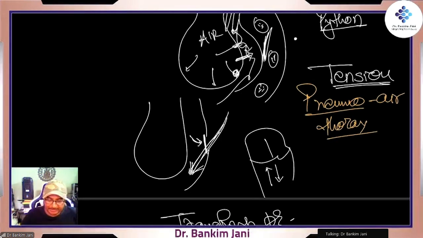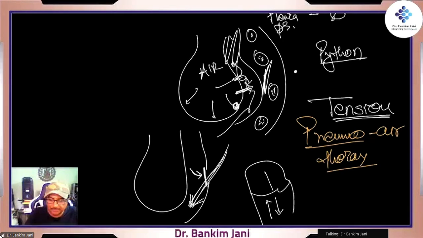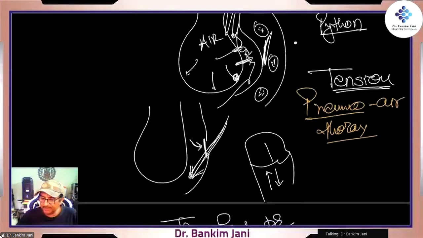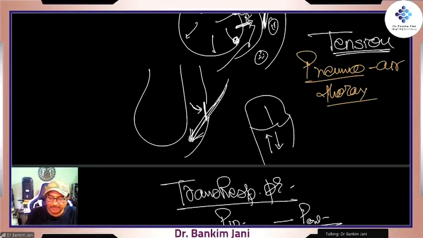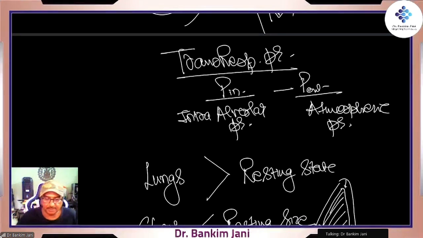The whole idea is that the pressure between the two layers of the pleura is negative. That's right. So, tension pneumothorax: when air enters into this particular space, where the pleural fluid is, that is what is called pneumothorax. Pneumothorax is a topic we'll be covering in tremendous detail with the X-rays.